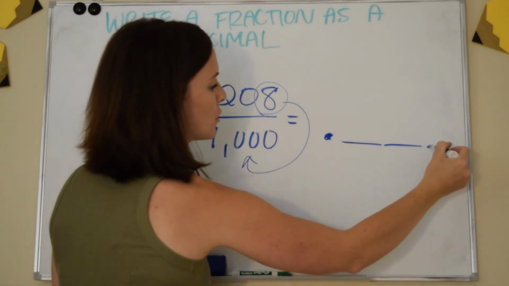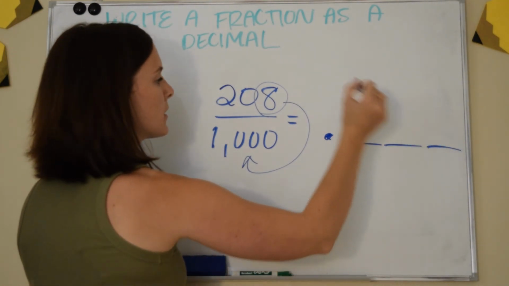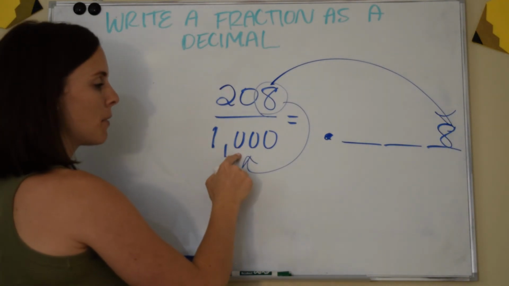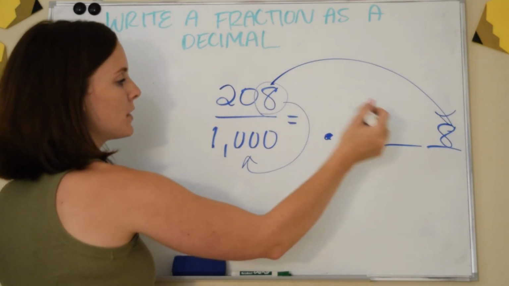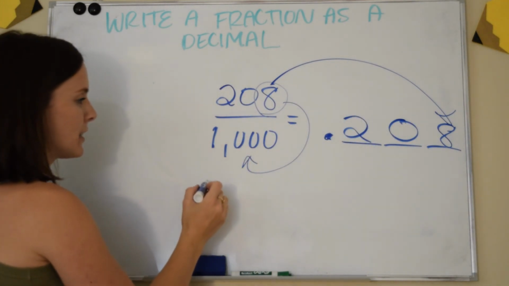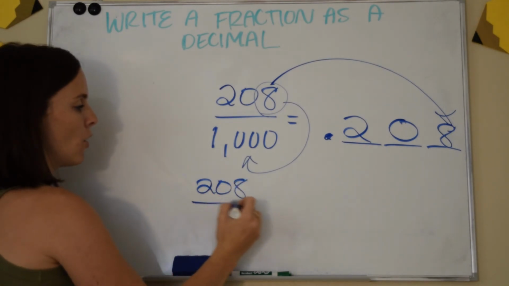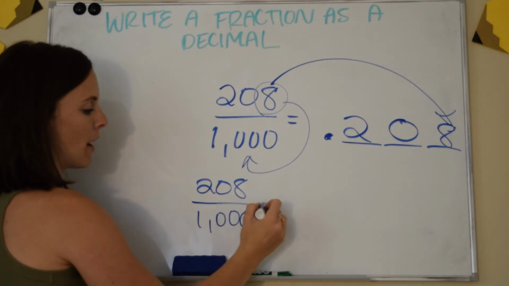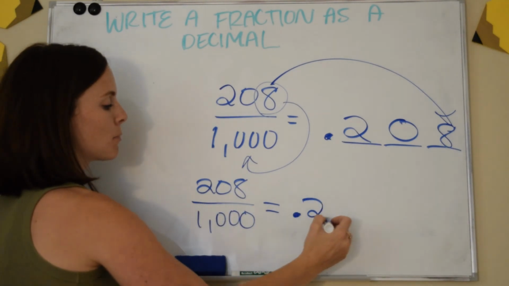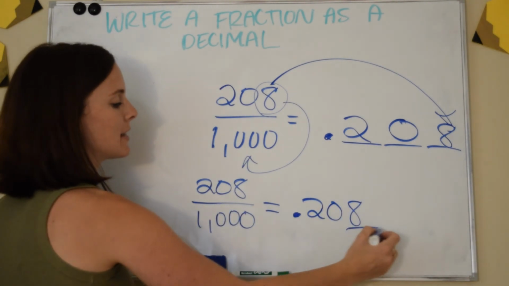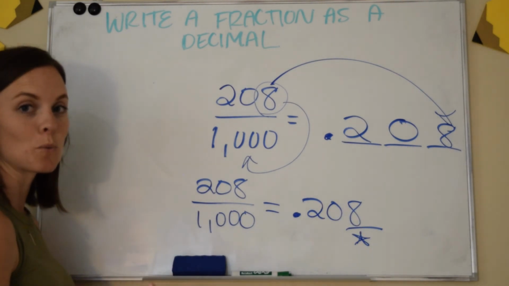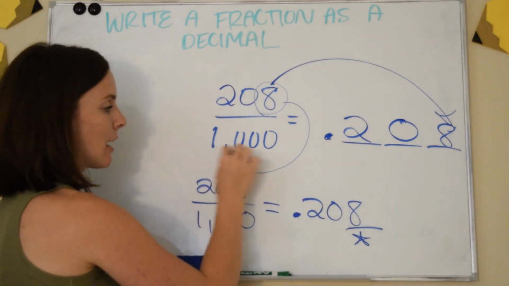So if you put in your spots, tenths, hundredths, thousandths, the 8 has to go in the thousandths place because that's the number that's on the bottom. And then you fill in the rest. Even though it's a 0, it goes here, and then the 2 must go here. So I can say that 208 over 1,000, if that was my fraction, I can rewrite this fraction as a decimal and write it as 0.208 because this 8 is the most important thing. That's the most important car as far as what parking spot. It gets the thousandths parking